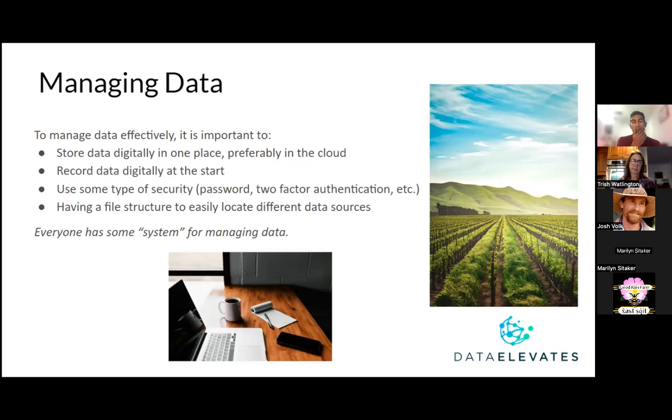So making sure that you're using some structure to where you're putting stuff, right? Even if it's in one place, it could be a challenge to find certain types of information if you don't know what you're calling it. One of the values, again, not to harp on it, but one of the values on some of these cloud providers is that, for example, if you go to Google Drive,